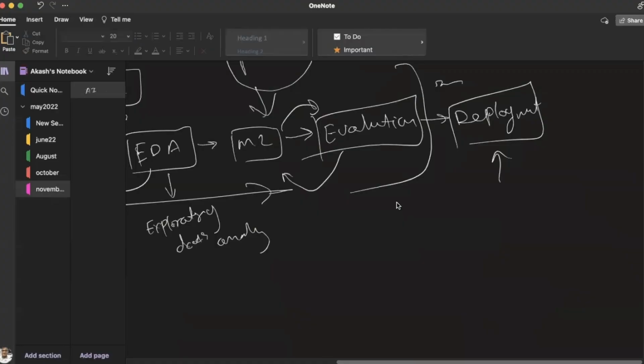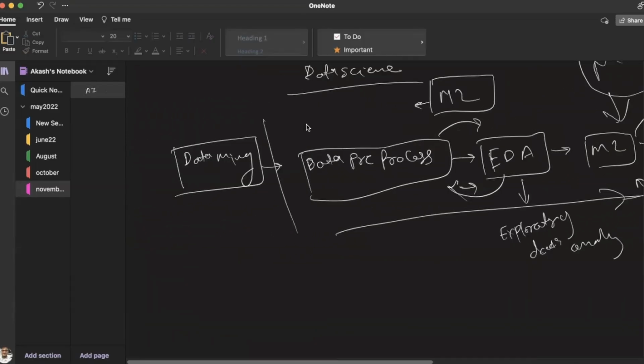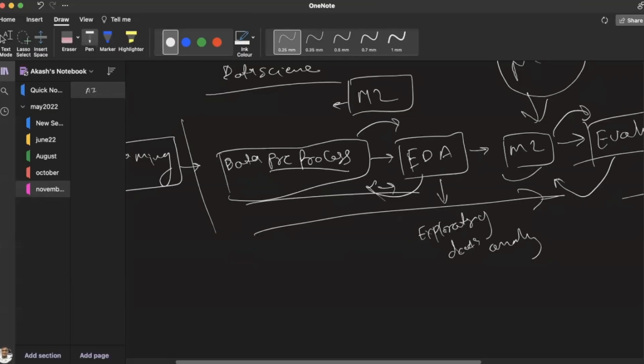And in this video, we are going to talk about the pre-processing process. This is the last thing that we had seen, the data science pipeline. So we had seen the data mining, data pre-processing and EDA. So we will see what is there in this. Basically, we'll be looking into the ML and evaluation later. As of now, I'll just give you a glimpse of what exactly we do in pre-processing and in exploratory